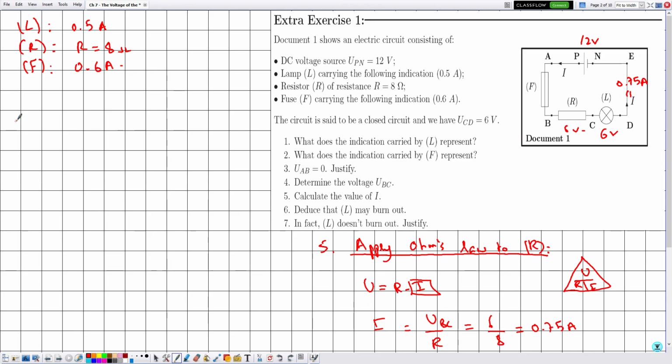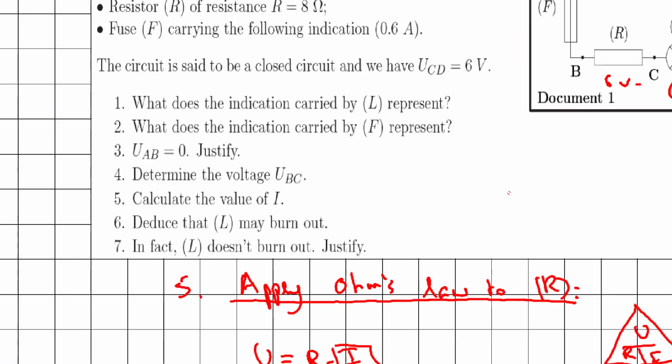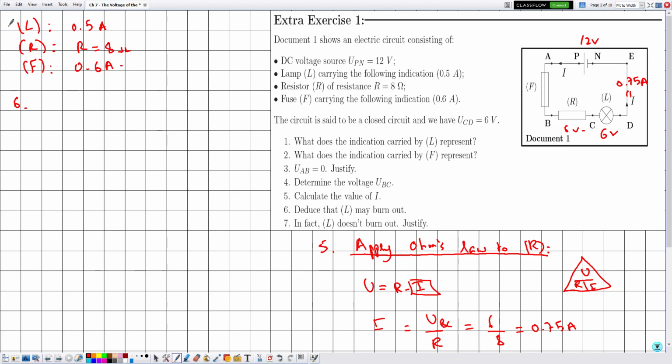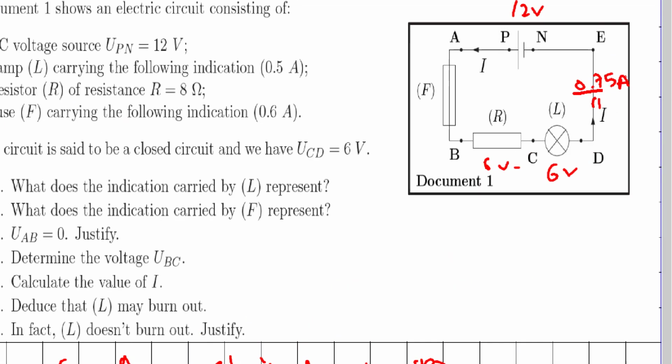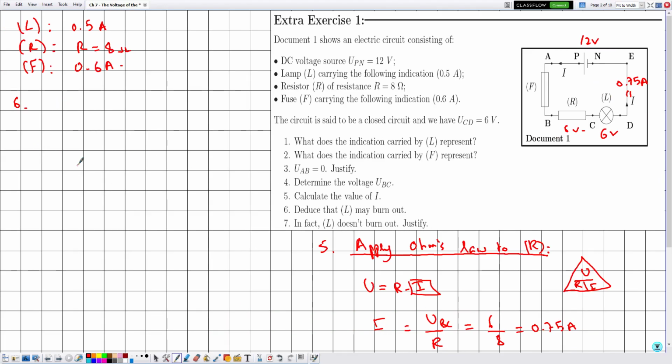Now in number 6, they are telling me to deduce that L may burn out. The indication of the lamp is 0.5 amperes, whereas the traverse current is given by 0.75 amperes. Always, in order to describe the functioning of the lamp, we need to compare the traverse current to the rated current. So let me say since